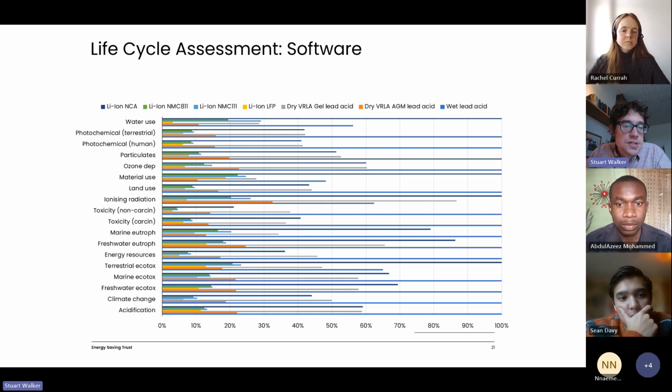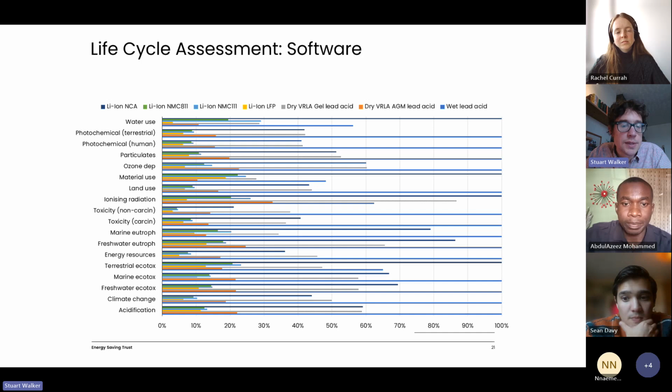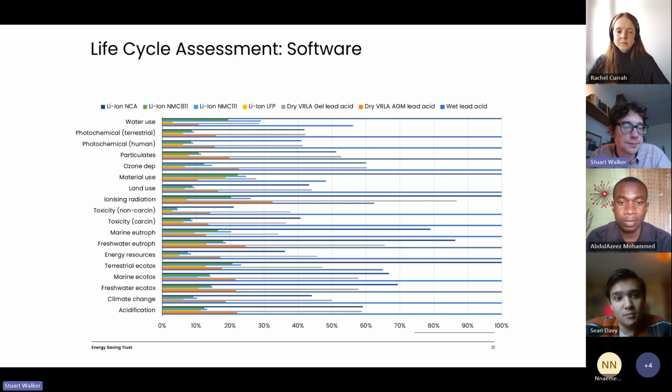So this shows us two things. It shows us that we can get loads and loads of information from an LCA study, and that not all of it might be useful, so we need to be careful that we don't overload ourselves with so much data. But it also shows us that by comparing products side by side, we can see which are the best and which is the worst. We don't necessarily need to know what the units are for acidification or any of these things. We can just compare our options. We know we're going to need to use a battery, so we can compare all the types of batteries that we could use, and we can essentially pick the least damaging one.